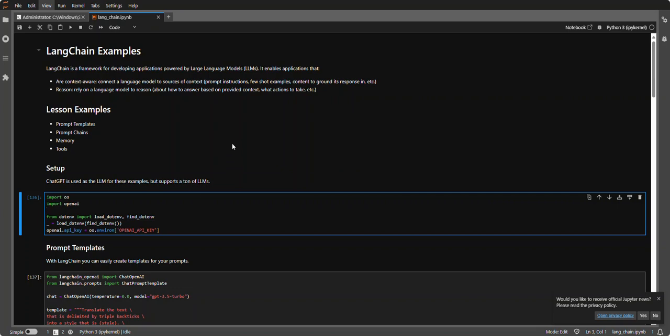Hello. Today we're going to be talking about LangChain. Now, LangChain is a framework for developing applications powered by large language models. LangChain provides us a set of APIs that we can use to enhance the capabilities and features of our large